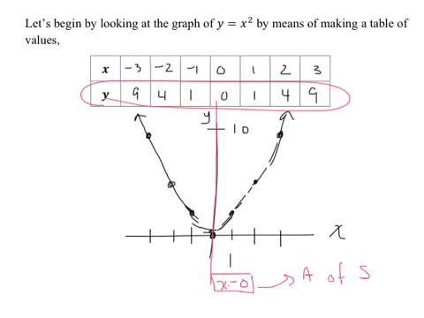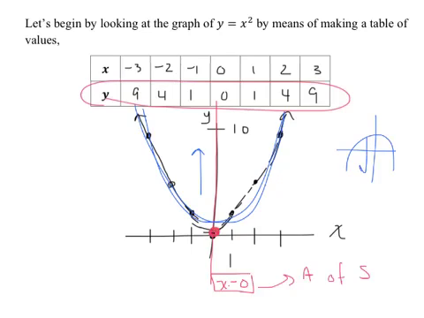We also notice that there's a vertex in this equation, and here's the vertex down here at 0, 0. The vertex, another term for, is a turning point. And then finally, we're going to take a look and notice that the graph in this case opens upward, so we say that it's concave up. And the way to see that is to think about the shape of this. Whichever direction this faces is the concavity. So that would be concave up, as opposed to a graph like this, that would be concave down,